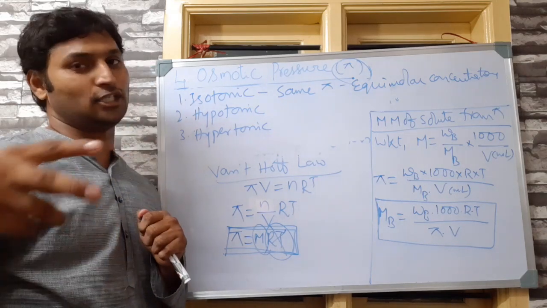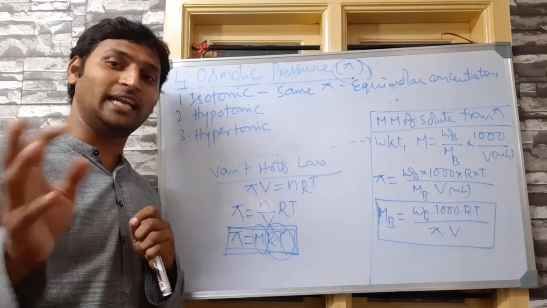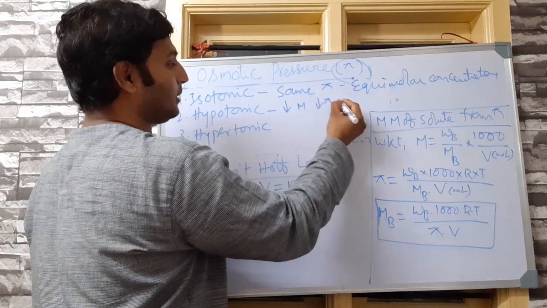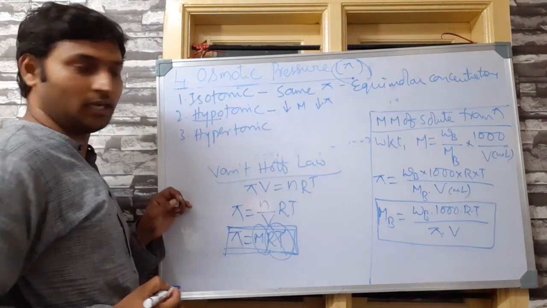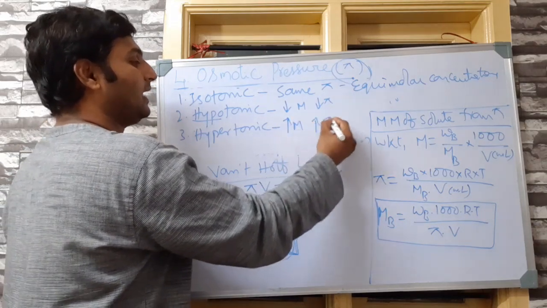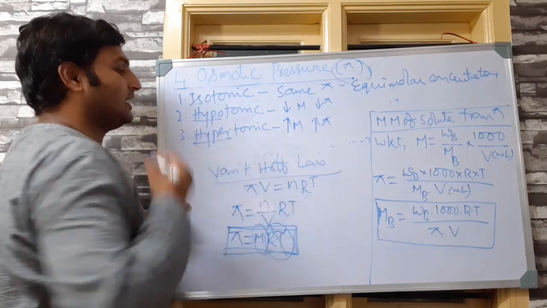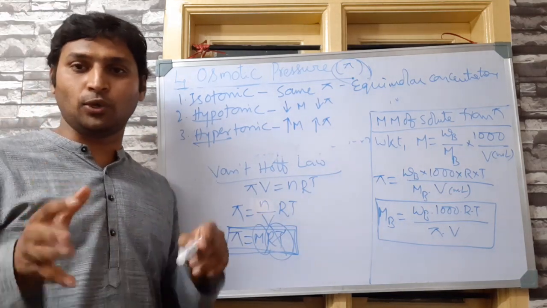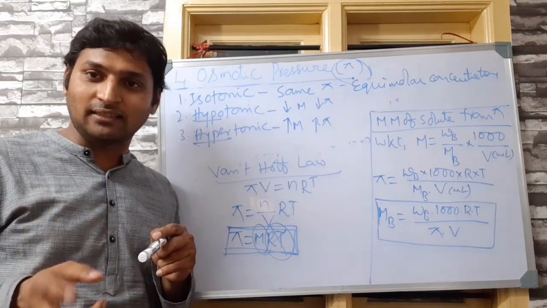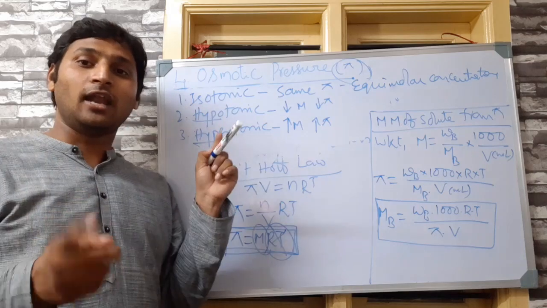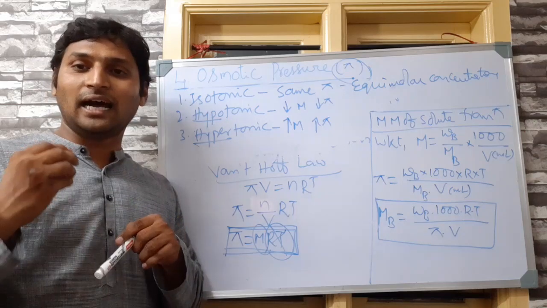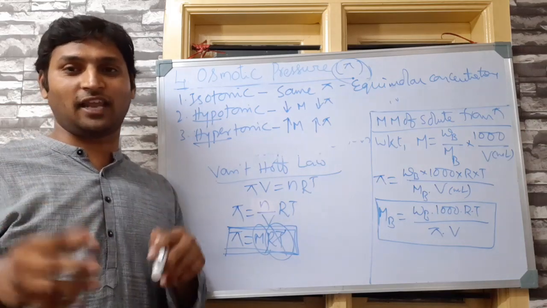Whereas if molar concentrations are different, then osmotic pressure also will be different. The one with lower molar concentration or lower osmotic pressure is said to be the hypotonic solution among the two which are separated. The one with higher molarity and higher osmotic pressure value is said to be the hypertonic solution. So when you separate a pair of solutions by a semi-permeable membrane, there must be either a pair of isotonic solutions, or one must be hypotonic and the other hypertonic. Now, this understanding is biologically very, very important.